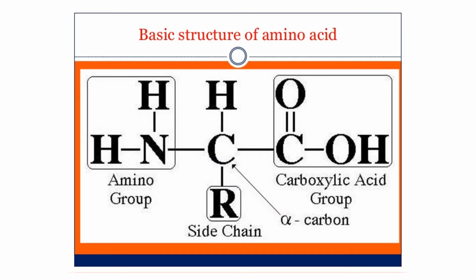Next, this is the basic structure of amino acids, enlarged. This is the alpha carbon atom. These are the 4 groups: one is hydrogen, one is the amino group, and the third is the carboxylic group. These 3 groups remain the same in each and every one of the 21 amino acids. The only one that differs is the side chain, and because of this difference we get 21 amino acids. Now, this is the amino group, NH2. This is the carboxylic group, C double bond OH. This is the hydrogen atom, and this is the side chain.